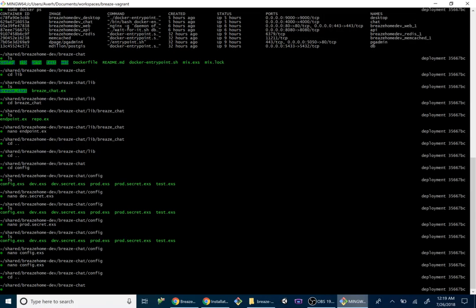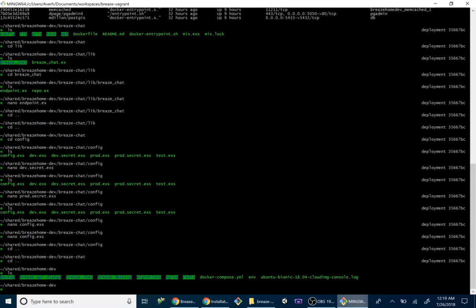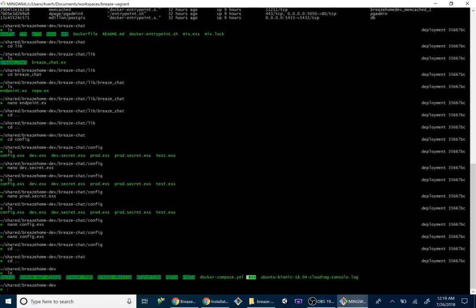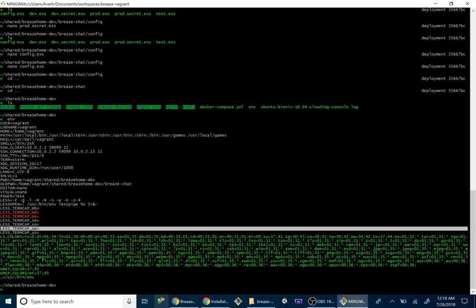And the way you set it up is if you go back to FIU dev and you do ls, you'll see that there's this environment file. If we open it up, you'll see it has configurations such as your editor, and